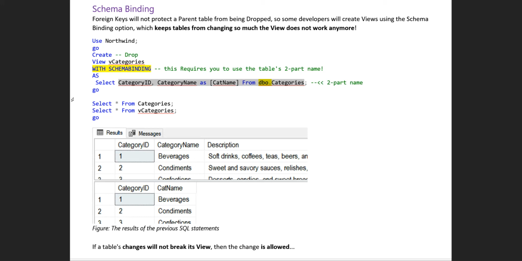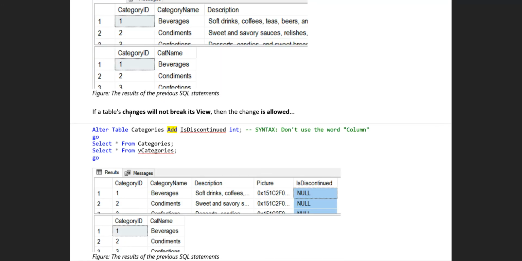The name looks a little weird, schema binding, but schema is another word for design. So with schema binding is with design binding. And one other thing that's a little bit odd, they force you when you use this command to use the two-part name, the namespace, typically the database owner in Microsoft SQL Server, and the name of the object or table you're binding it to. Now, once you're done with that, again, if you try to alter the table, like let's say I want to add a column in,